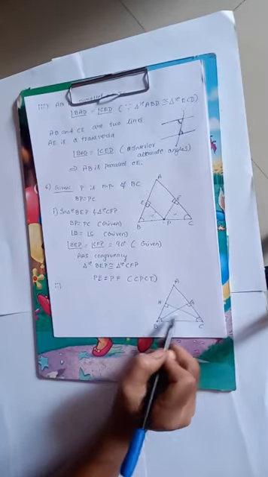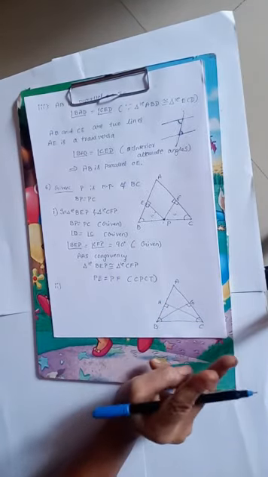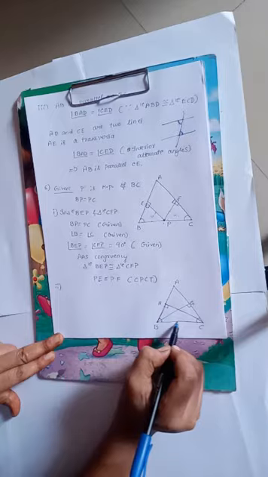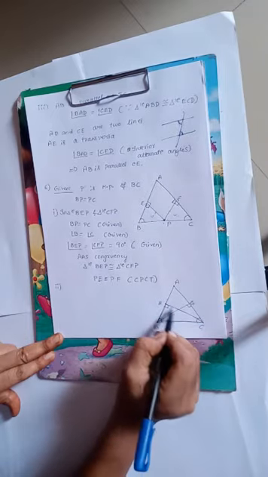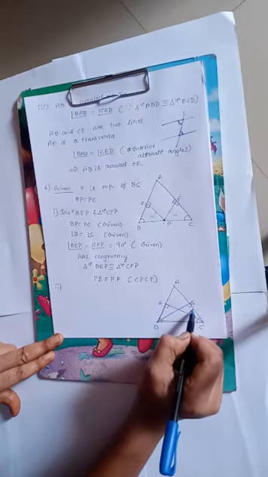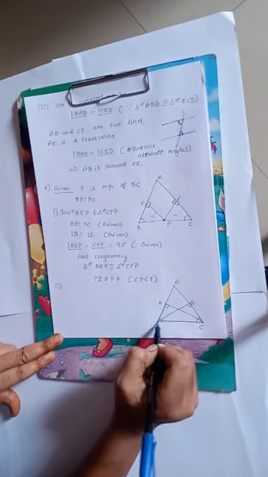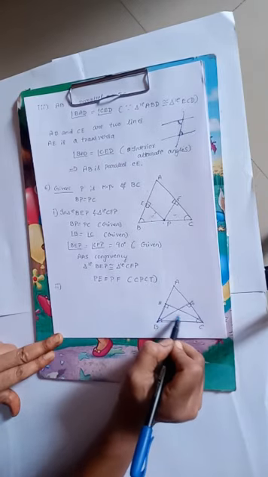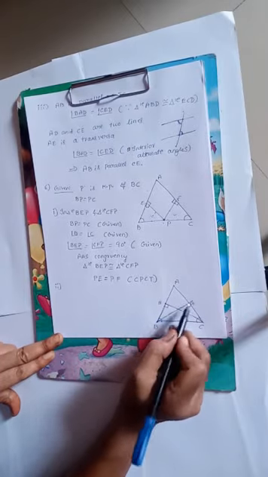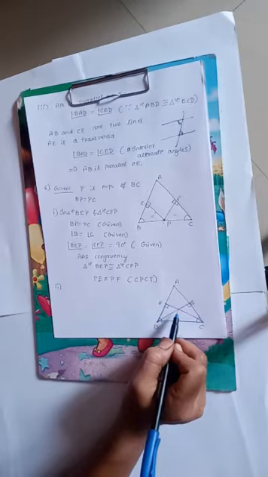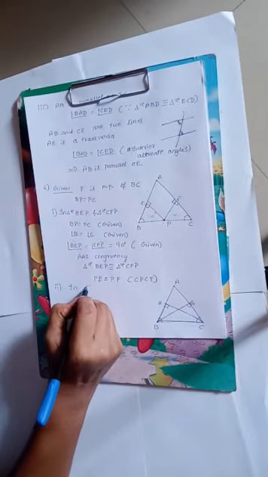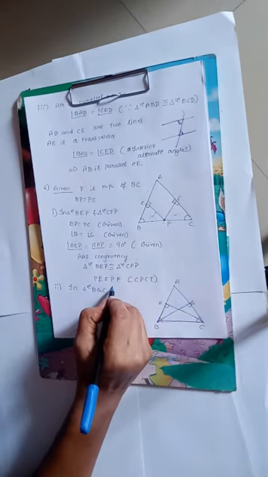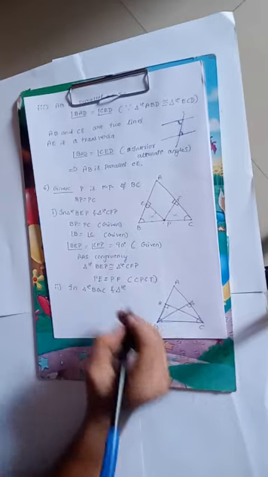Now to prove that BG is equal to CH, you need to take two triangles. Let's take this triangle, because in this triangle you will get the CH side. And take one more triangle, BGC. In this triangle you will get the BG side. If you prove these two triangles are congruent, then according to CPCT, these lengths will become equal. Now in triangle BGC and triangle CHB,